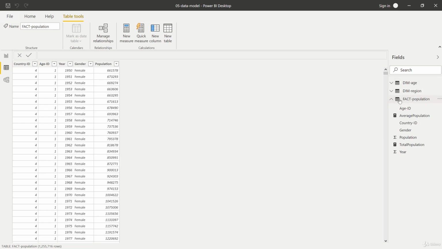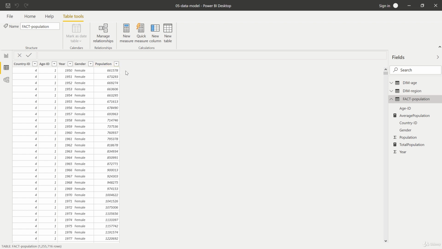I'm back in the fact population table, and here I want to create a new measure now. This new measure should return one single value, so we need an aggregation, as I was just referring to, and this value should be the sum of the female population in the year 2020. So we have different concepts we have to apply right here. We need a filter. We need actually two filters to be more precise right here, the gender filter and the year filter. And we need to calculate the sum of the population column here.